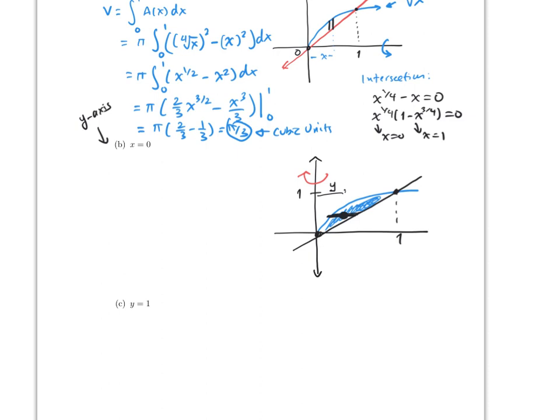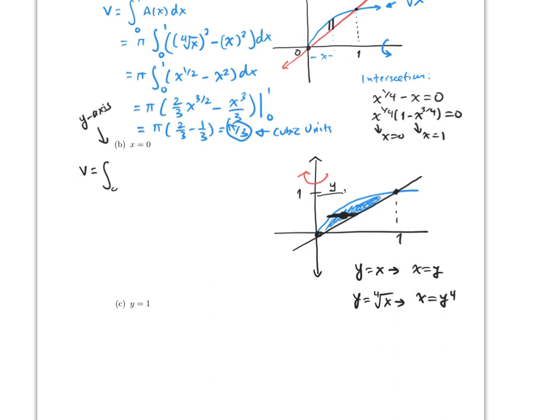Okay, so therefore in this case we're going to have to integrate with respect to y, and notice that if y is equal to x, well, that one is obvious. X is equal to y, so there's not much to solve in here. But if y is equal to the 4th root of x, that means x is equal to y to the 4. And notice that now if this is the partition, this is the bigger function and this will be the smaller function.